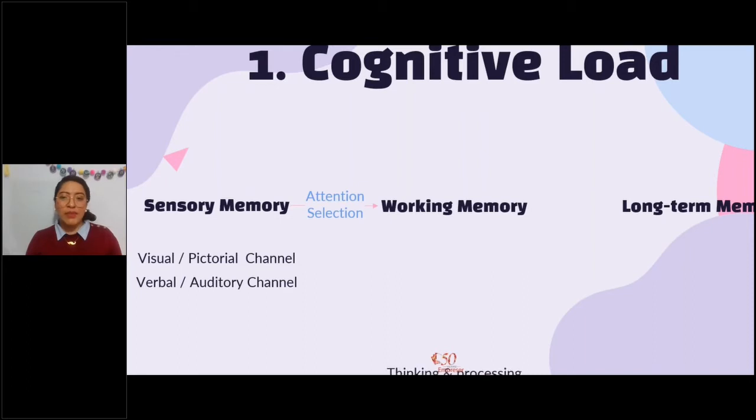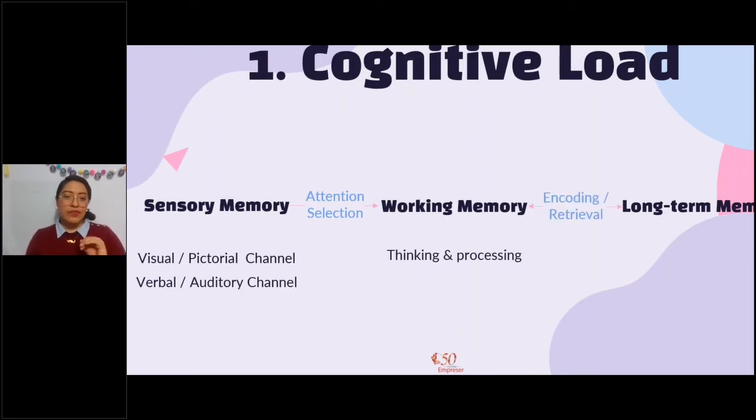Now, the working memory, what it does is process information. It is thinking. So at the same time that we are receiving information, we are processing it, and we are deciding, okay, this one should go into this box and this one should go here. This one, I'm a little bit insecure, I'm going to hold it for a couple of minutes or probably seconds, and then we decide. So that's an ongoing process, right?